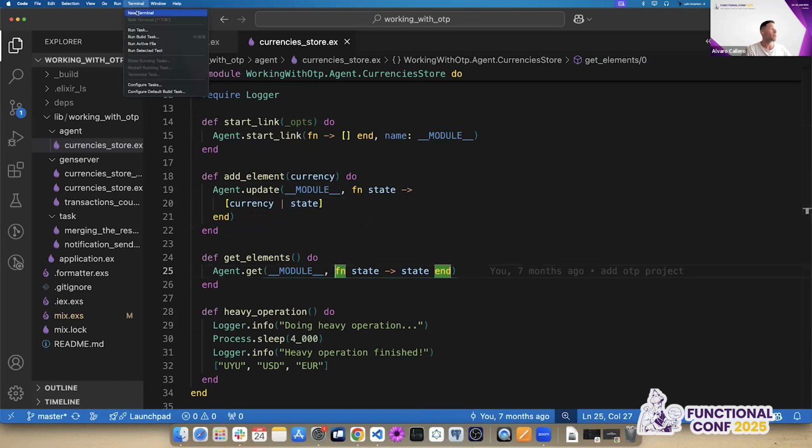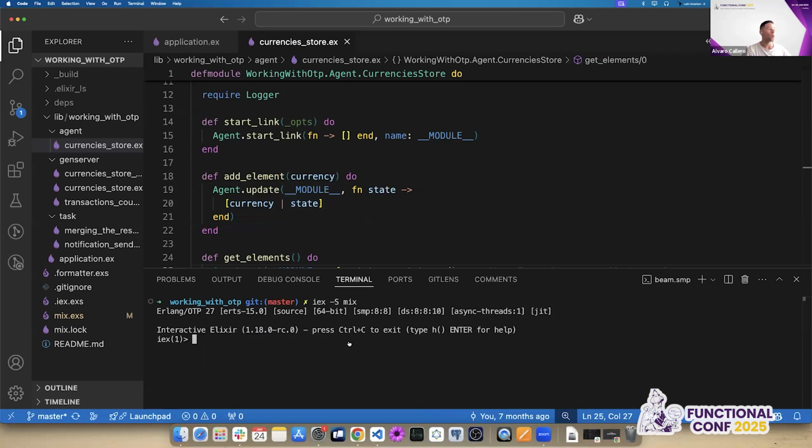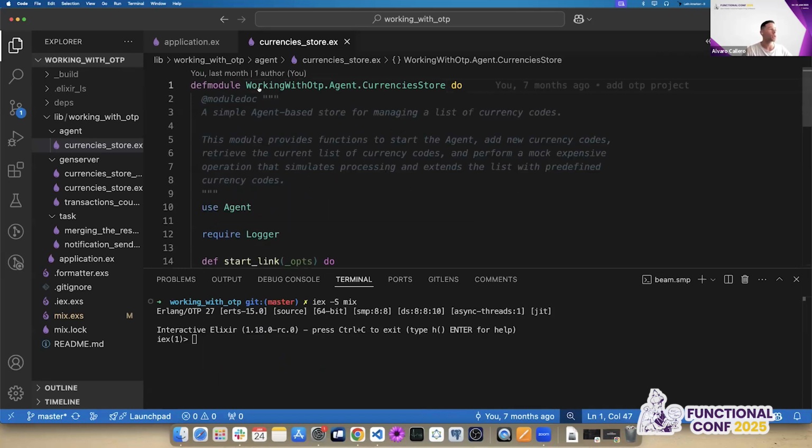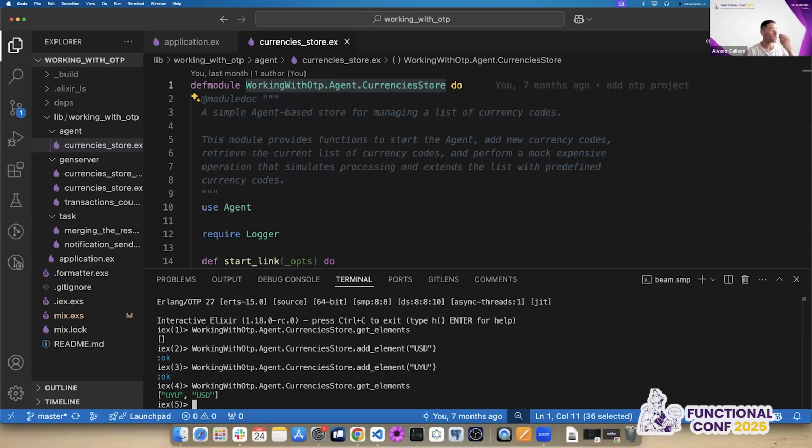Okay, so let's give this agent a try. We're going to start again our main application, and we can just copy and paste the module name. In this case, for example, if we execute the get element, we can see that this is actually returning an empty list because the initial state was an empty list. But in this case, we can start adding currency. We are going to just add two currencies. And after that, if we execute the get element, we can see that we are returning a list of two